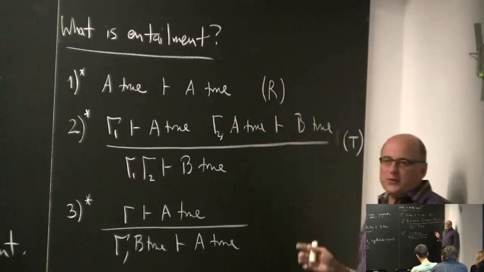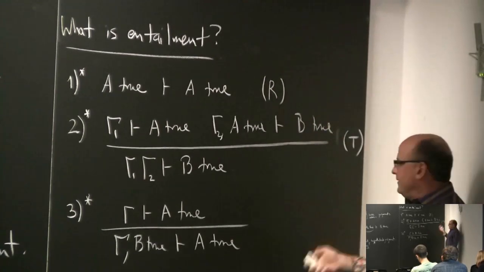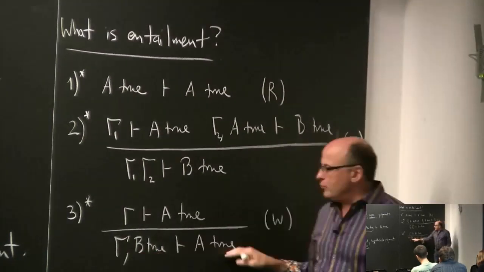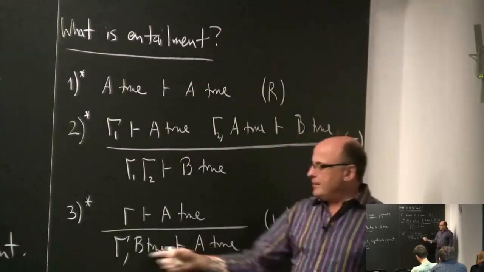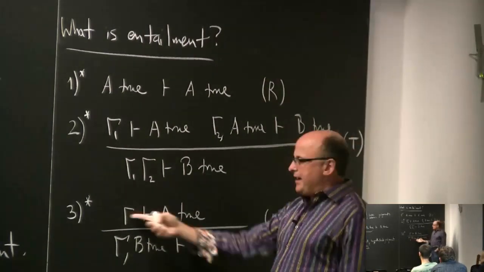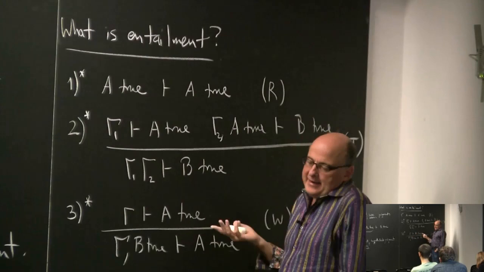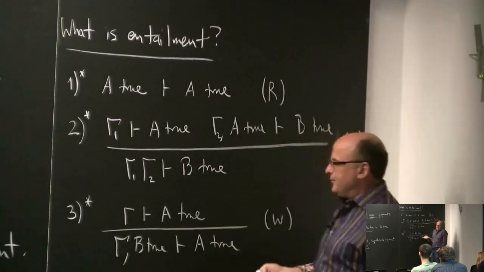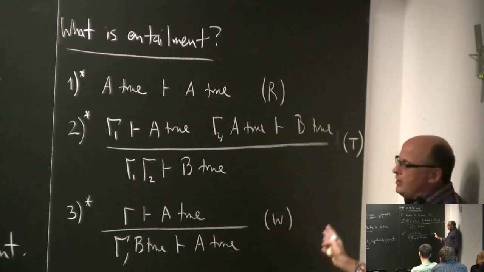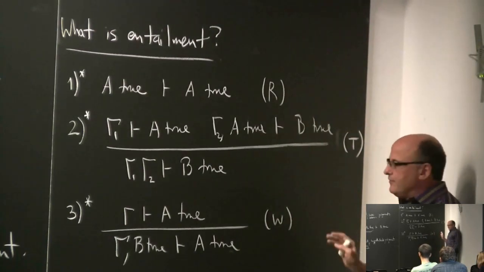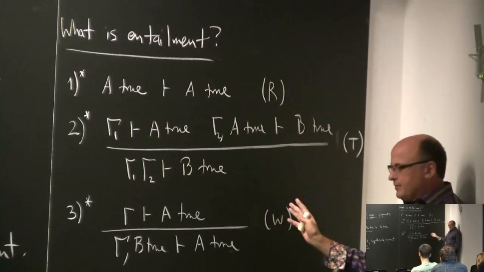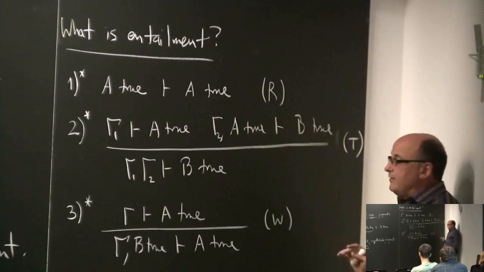So that's the idea, and this is called weakening, because this statement is weaker than that statement. If I entail from something, from an additional assumption that actually I don't need, then I've said something less than I could have said. So that's the principle of weakening. The principle of weakening is important in a number of ways, and if you're not familiar with formal logic at all, you'd be surprised how often weakening comes up. But it's a principle that we have.